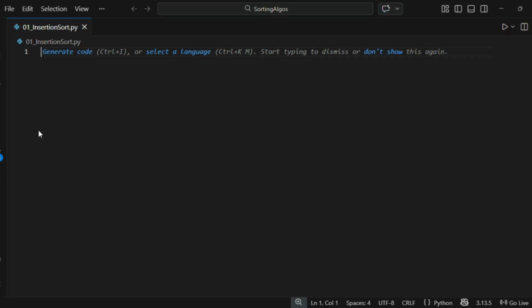Alright guys, let's get started with the algorithm for insertion sort, and I will also be explaining exactly how it works, and we will then do its performance analysis in this video. Alright, very first let's define our function